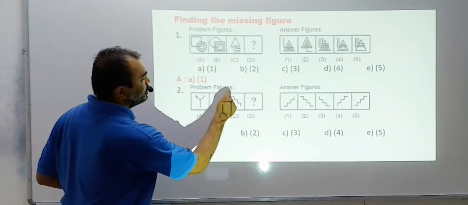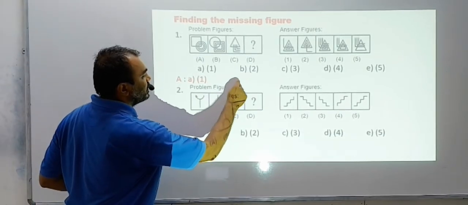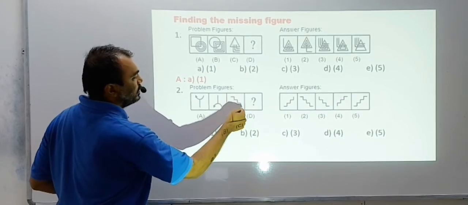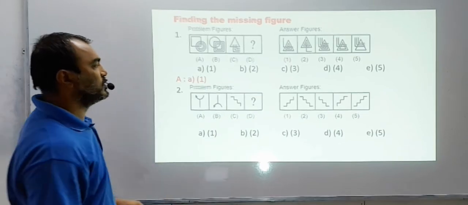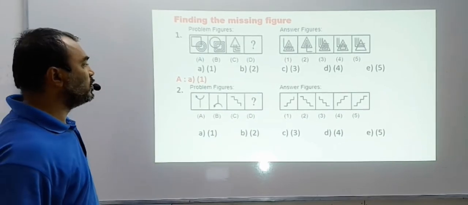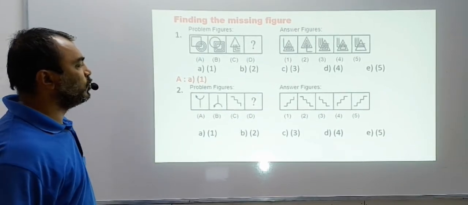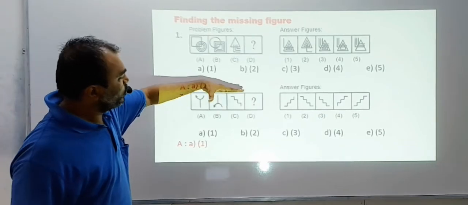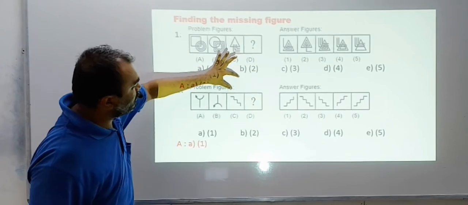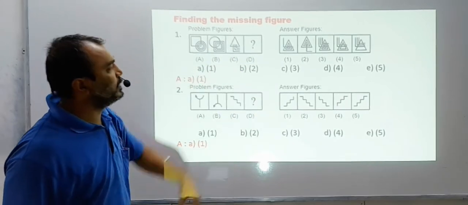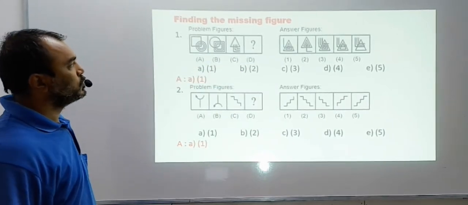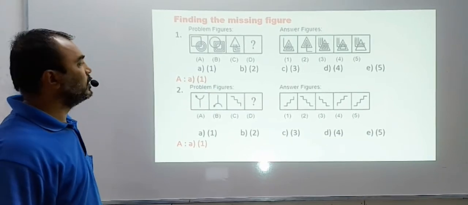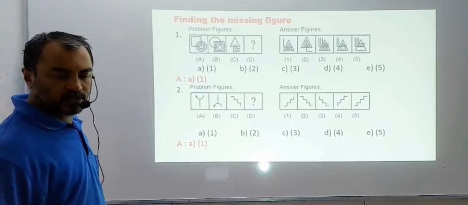I should get a dash, step, dash, step, dash, step. So here the first step is horizontal and the last step will be vertical upwards. Horizontal downwards, vertical upwards. So the answer is exactly A. You put your figure and see, if you take this figure and put it here, that is exactly the mirror image. So what is the pattern you have to understand? Is it clear to you? I hope it is very clear to you. You have to see the pattern change, right?